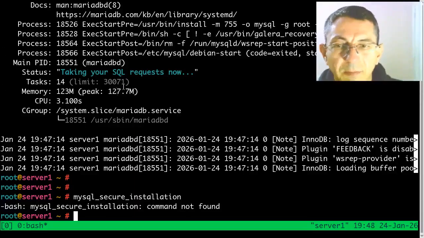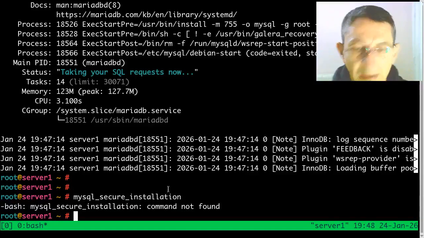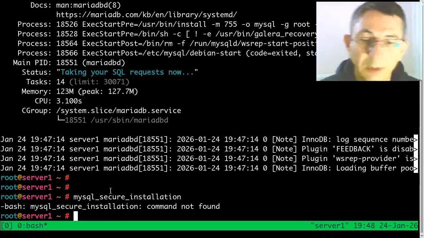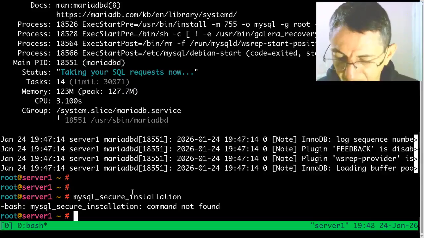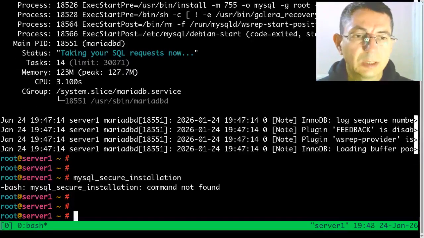Maybe it is being installed securely, so maybe we have to skip this step. I will check it later why it is failing, why it cannot find this command,